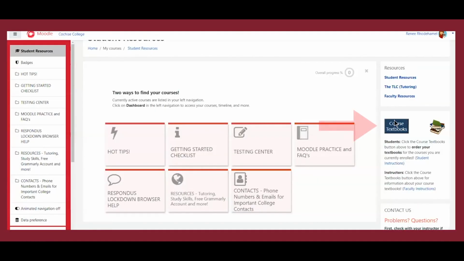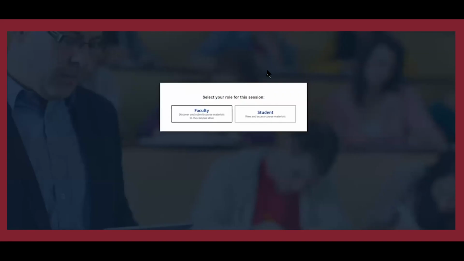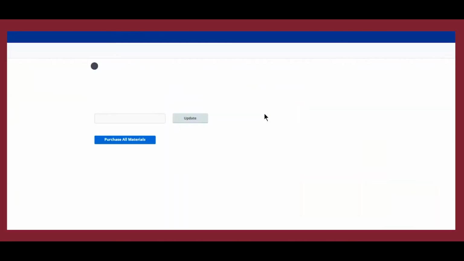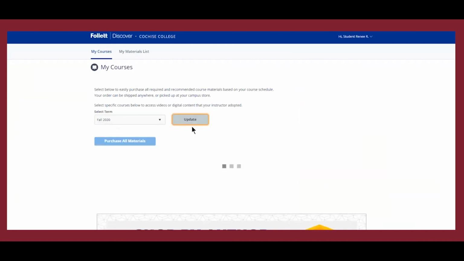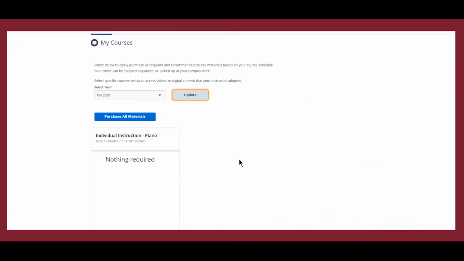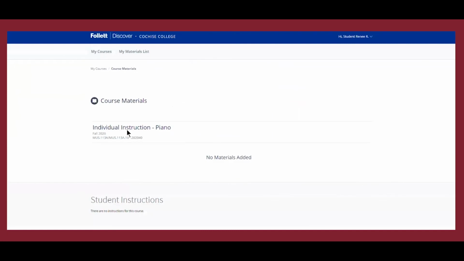Okay, so the course textbook link over in the right column, if you click on that, and hopefully it won't fail right now, it's been failing off and on. Okay, there we go. So if you were to click this for student, then you give it a moment. Then you would choose your term, and I am registered for a class, and that's okay. I don't mind you all seeing that. And so you would have your whole list of courses that you're currently enrolled in, and you can click there. You can see what your textbook is.